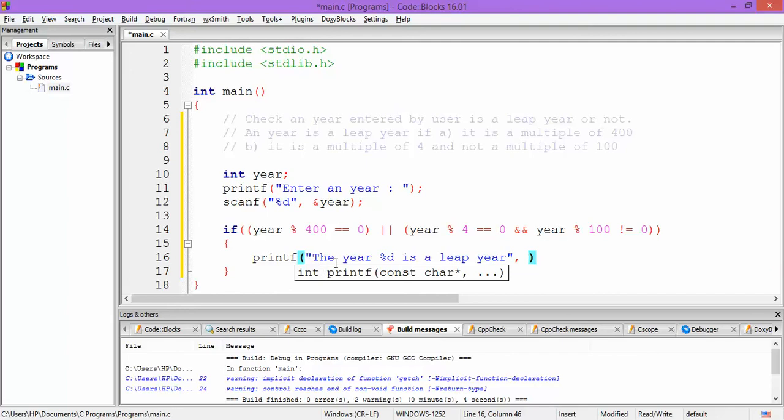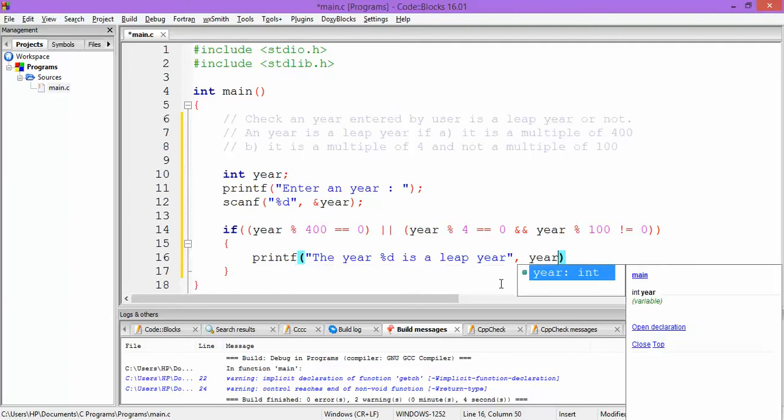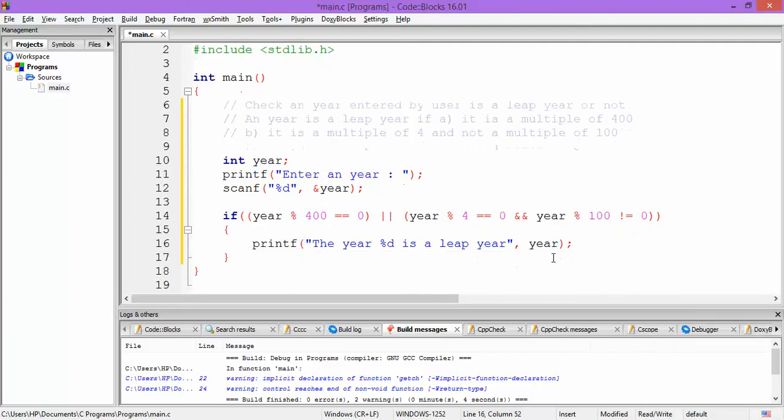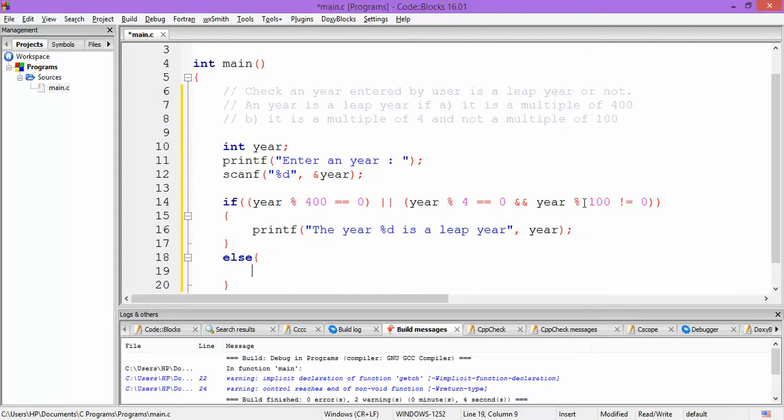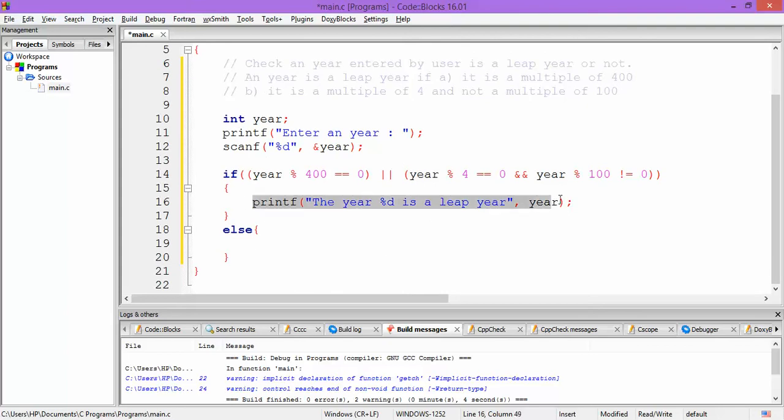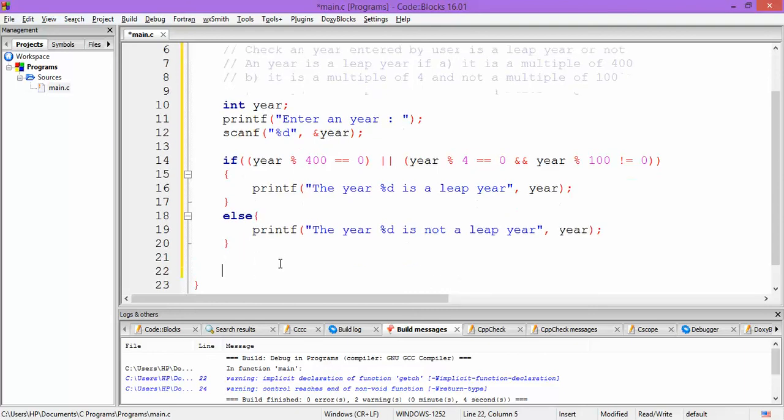And as a second parameter of printf, we would be passing in the variable year, so this %d would get replaced by the value of the year variable. Now in the else part, if these conditions are not satisfied, then we need to print that "The year %d is not a leap year". At the end we would finish with getch.